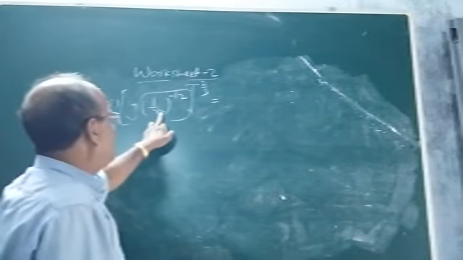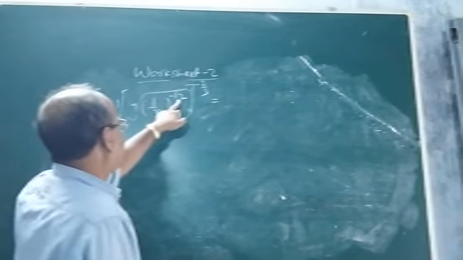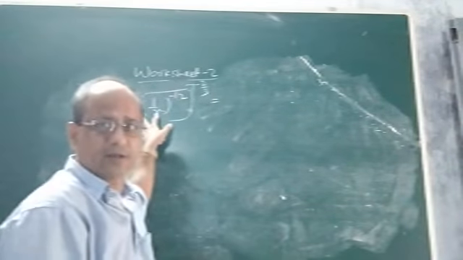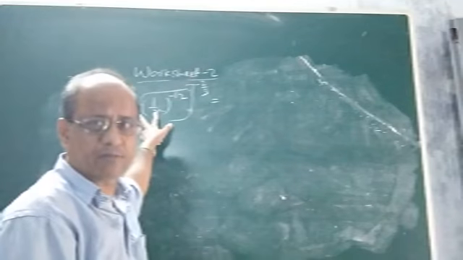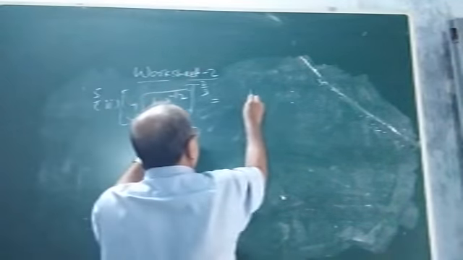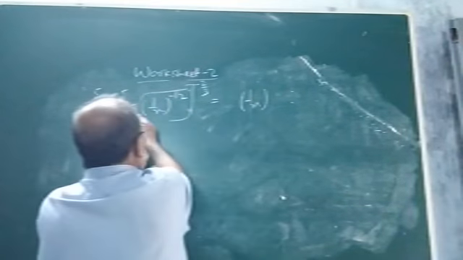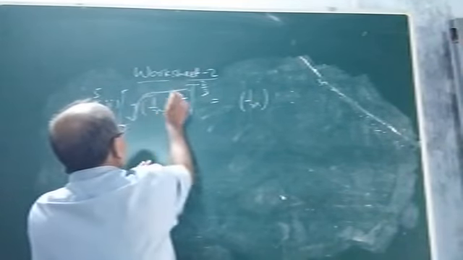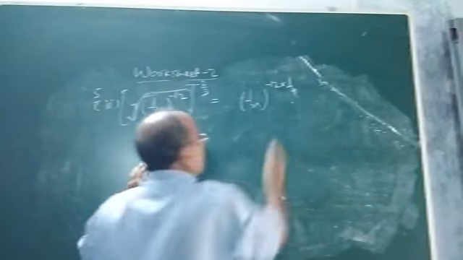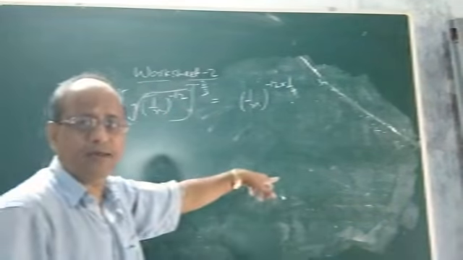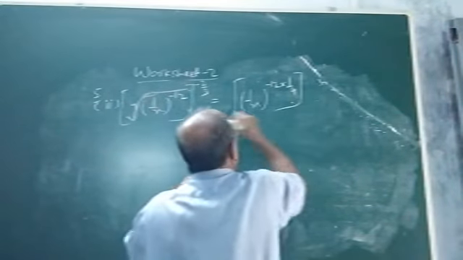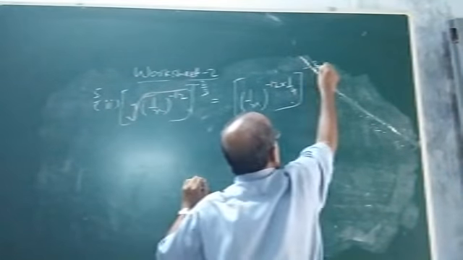Now see, as it is given, the 4th root of (1 by x)^(-12) is in radical form. First we have to change this inner term into exponential form. So how to do it? It is (1 by x) whole to the power minus 12, and the 4th root means 1 by 4 will be multiplied in exponential form. This will be minus 12 into 1 by 4. So whole to the power, this is minus 2 by 3.